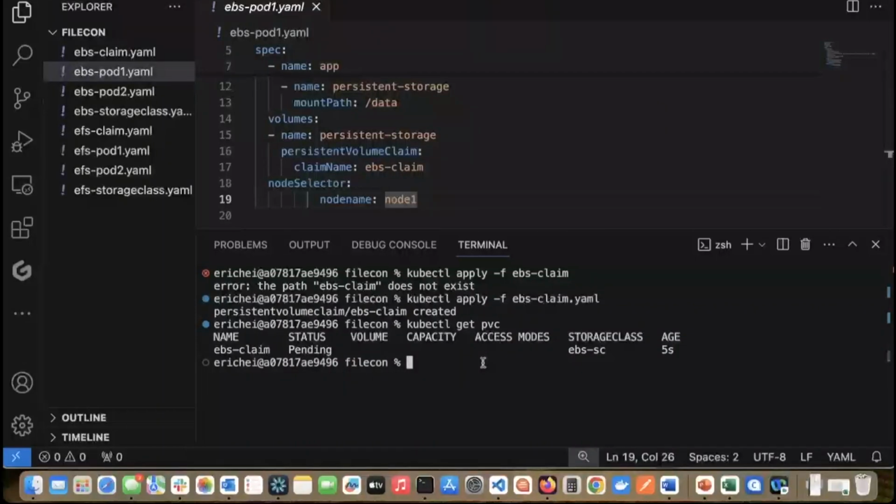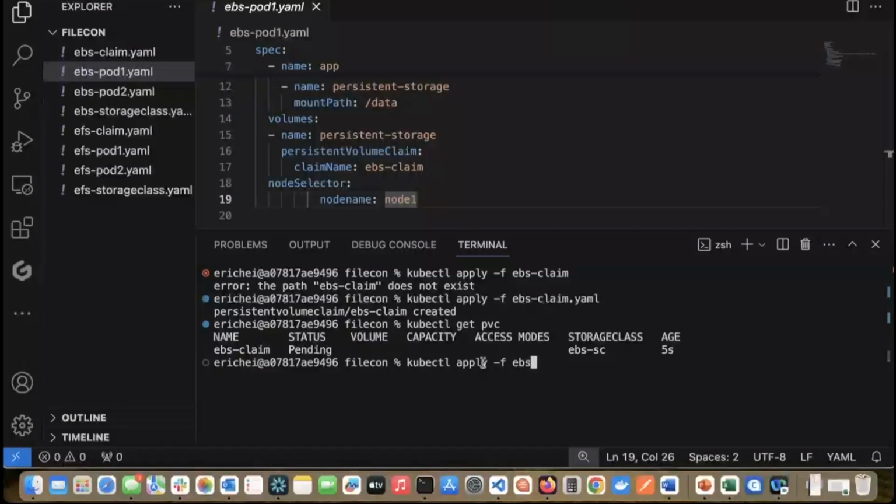But in this use case, I want to make sure that we're using a node selector to demonstrate what happens when pods get scheduled, whether intentionally or simply by way of resource utilization on different instances within the cluster. Because pods are using shared resources like instances, you technically could have multiple pods on the same instance using the same EBS volume. But if those pods are scheduled on different instances, which often occurs, then we start to get into some issues. And I'm going to demonstrate that really quickly here by showing what happens when I schedule this